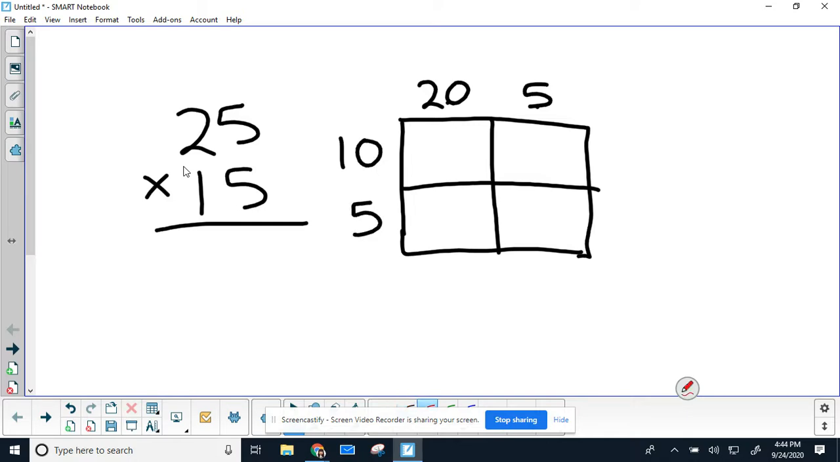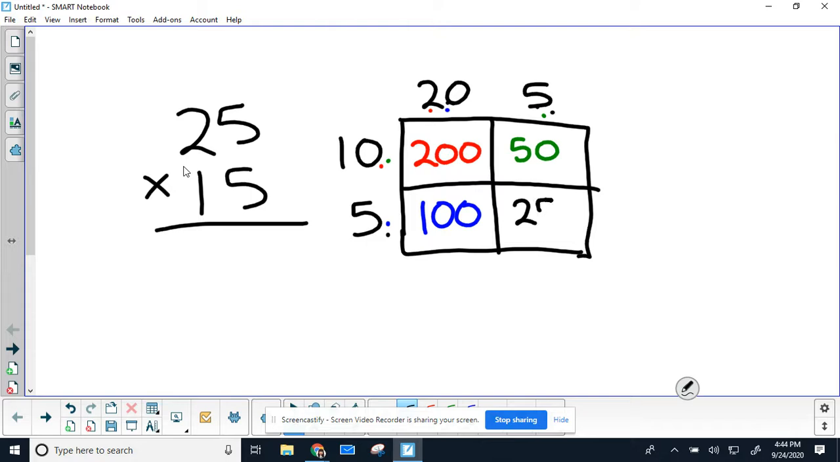Okay, so now we're going to multiply our tens here. So 20 times 10 is 200. So that goes in my first box. Okay, now coming over here, we're going to do 10 times 5, 50. Okay, and then 20 times 5 comes down here, 100. And then finally, 5 times 5 is